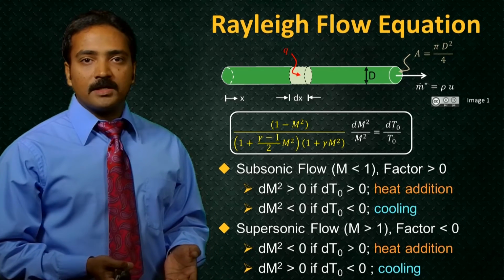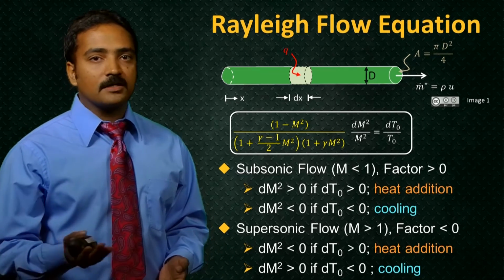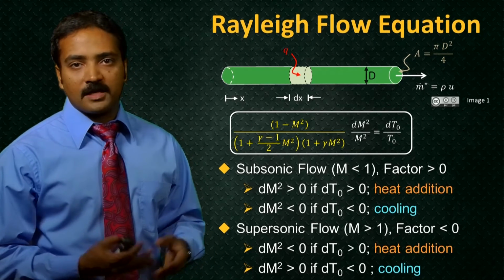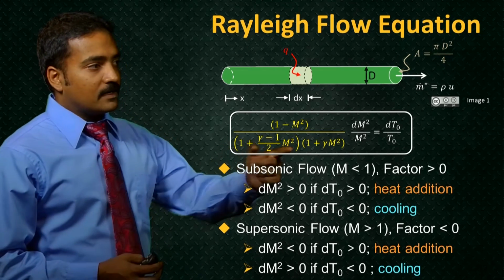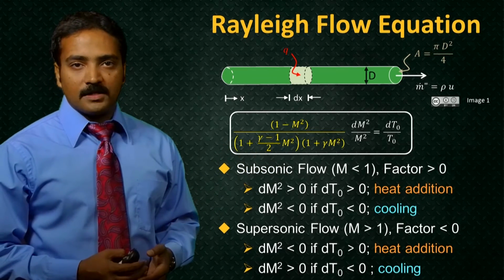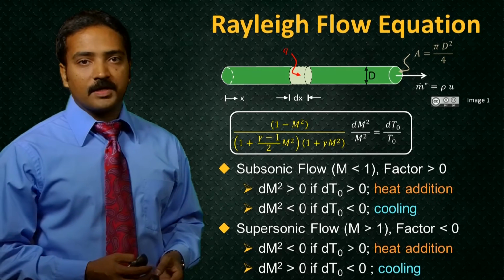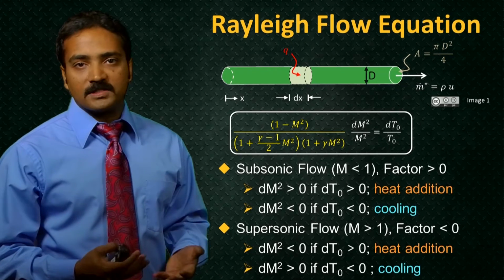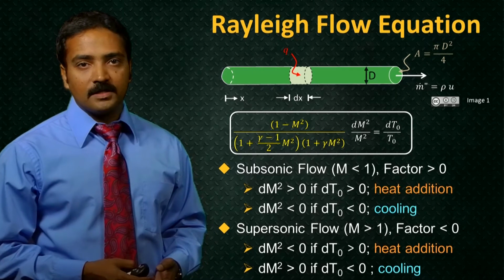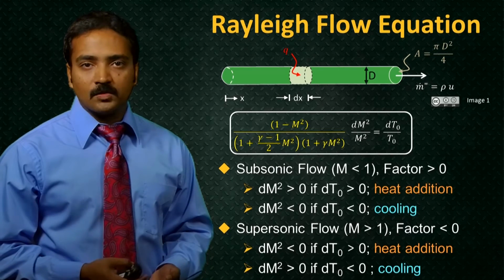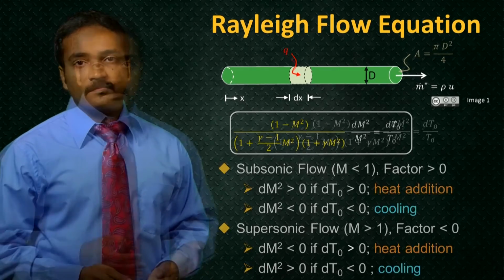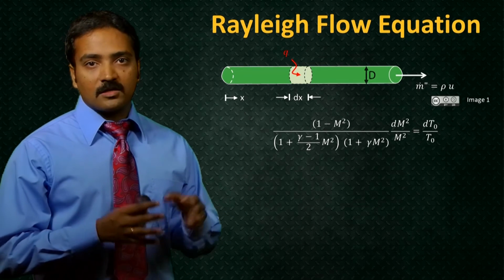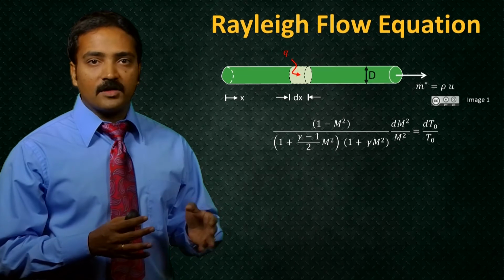Like we did before, let's just complete the argument in the case of cooling, which is not of particular interest to what we are aiming to do in this course. But if we take the supersonic flow and remove heat from it, we can find again that the right-hand side dT0 is going to be less than 0 because of the cooling. And because the factor is always negative, then dM squared needs to become positive so that the overall left-hand side can be negative. In other words, if you take supersonic flow and cool it, you're going to accelerate the flow. So we just understood qualitatively, by using this quasi-one-dimensional model in which we derived an ordinary differential equation in terms of the Mach number,